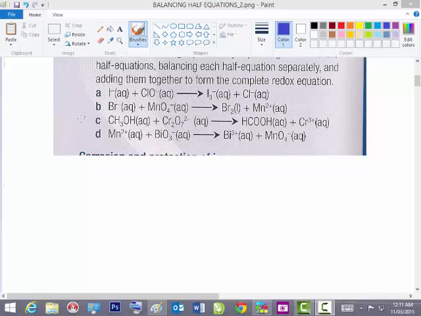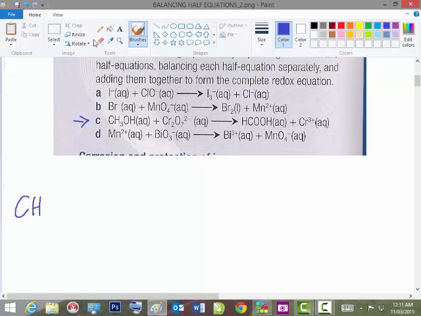Okay, let's balance question C. CH, I won't write it out. So the first step in writing the balanced redox equation